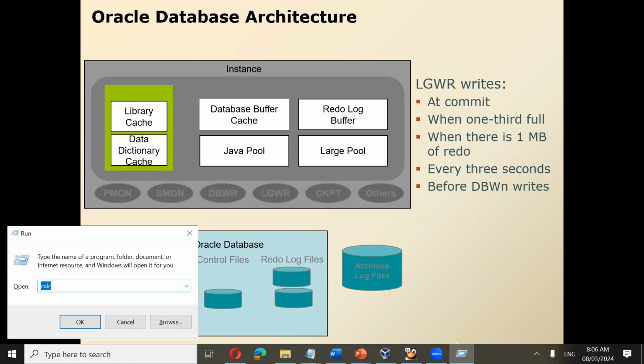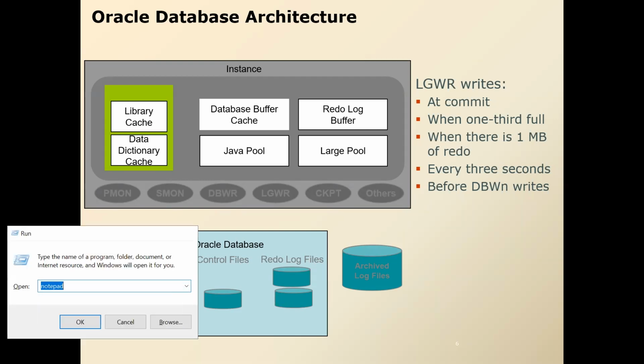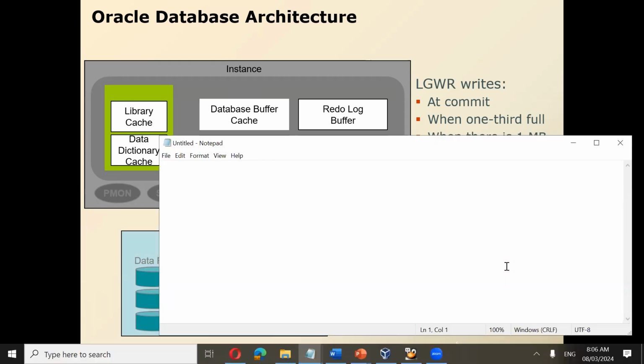First of all, let me quickly give you the history of GoldenGate. GoldenGate was founded in 1995. It was named after the famous San Francisco Golden Gate Bridge, and it was a standalone company when it was founded. In 2009, Oracle took it over, and since then it is known as Oracle GoldenGate.